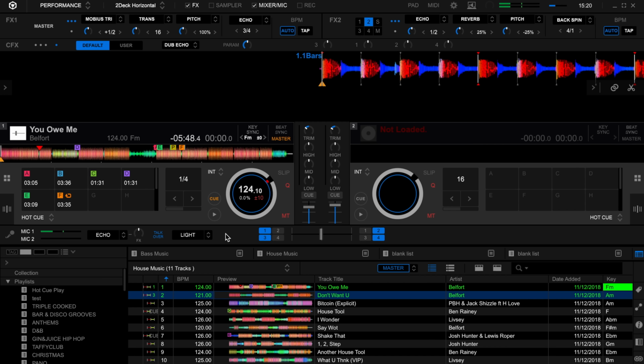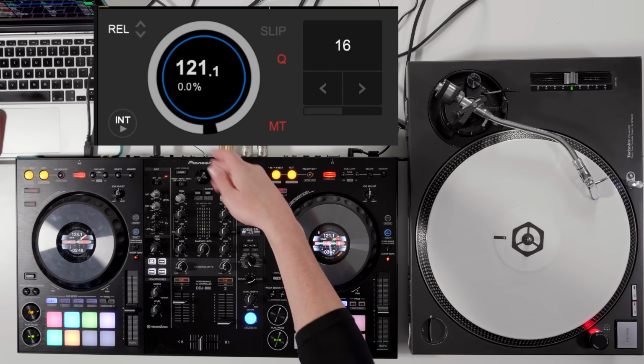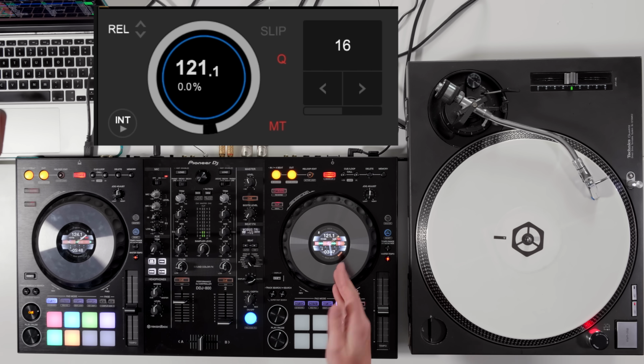I like that Pioneer DJ have thought about it and are trying to improve the way that their equipment works in a mobile DJ setup or environment. But like I said, it's not groundbreaking, it's not the best quality yet, but hopefully it will improve. So we've now got a turntable plugged in through the phono on the back of the Pioneer DDJ